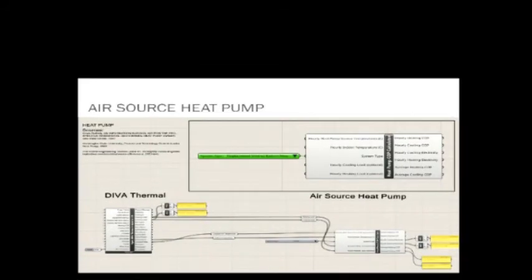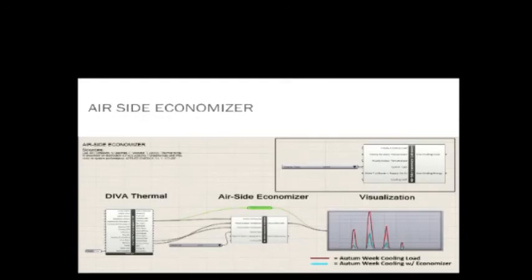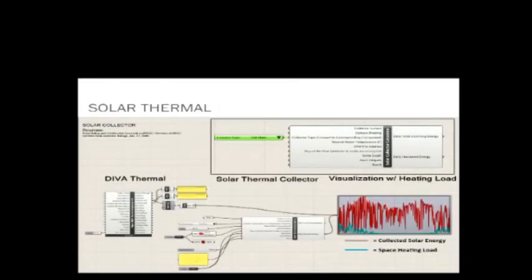So here you can see the different systems that we can analyze: displacement ventilation with radiant floor, or underfloor air distribution. We're specifically choosing these two because they are delivered at a higher temperature, or the delta T is small between the room temperature and the supply temperature, because it is delivered close to the occupants. Another component we also added was on-site renewable.